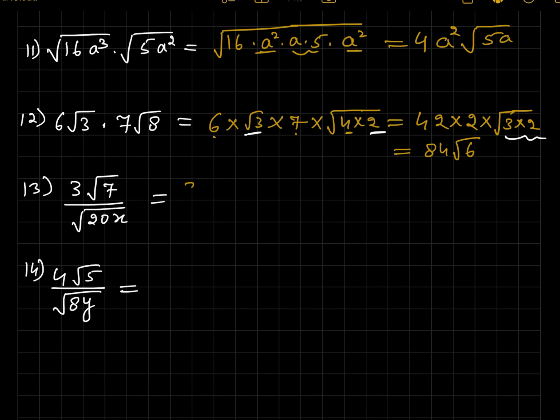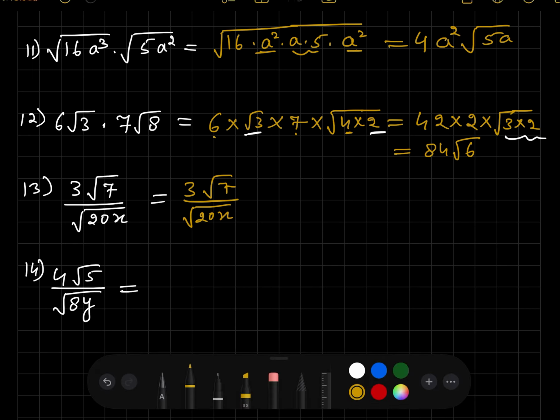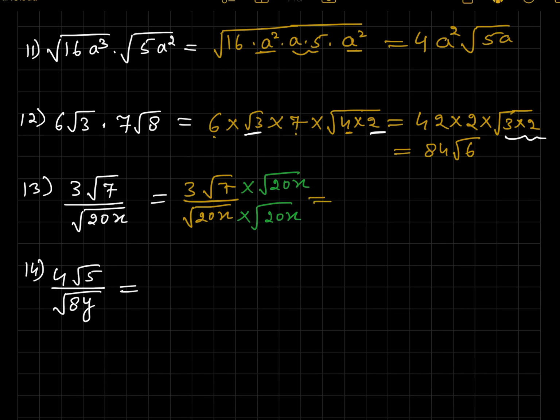Next, this is 3 square root of 7 over square root of 20x. So what we will do? We will be doing rationalizing. So multiplying up and down by square root of 20x. So what we are left with, let us write here, this is 3 times square root of 7 times 20 times x under this sign, and below we are getting 20x. So I can write this as 3 by 20x down, and